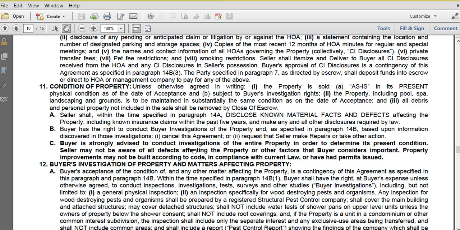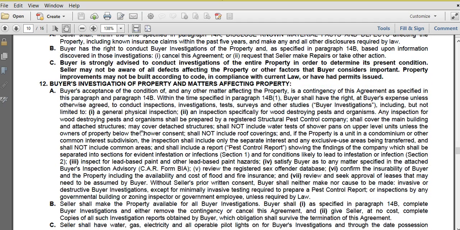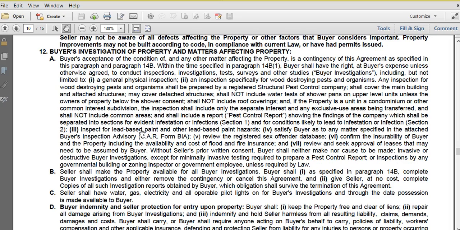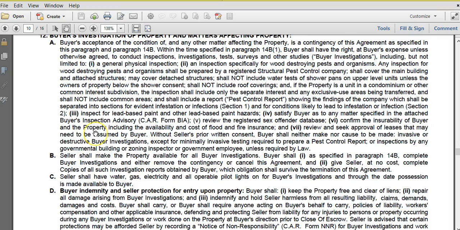And what I strongly recommend, I'm going to put this in the email as well, is that you get a home inspector to take a look at the property within the first 10 days. So as soon as we get accepted, I have a great home inspector out there. I'll have him meet you out there on the 2nd or 3rd day, or not even meet you at all if you don't necessarily want to be there, but I think you should be there. And then get all of the inspections done, ready to go, and then give you a very clear idea of if there's any pests or there's any structural damage or water damage.